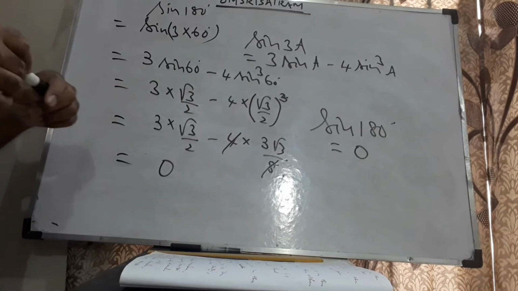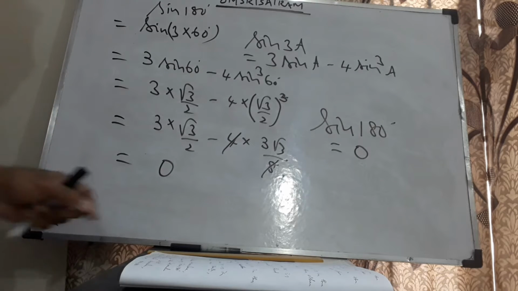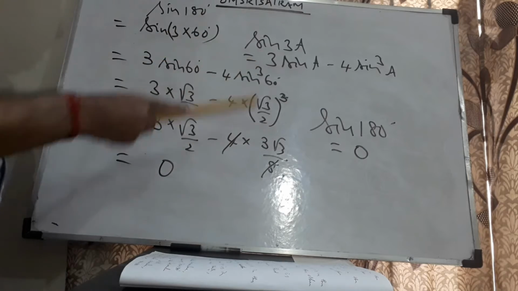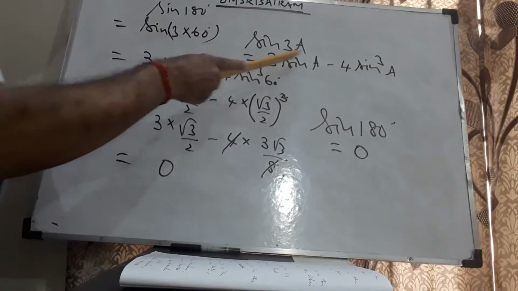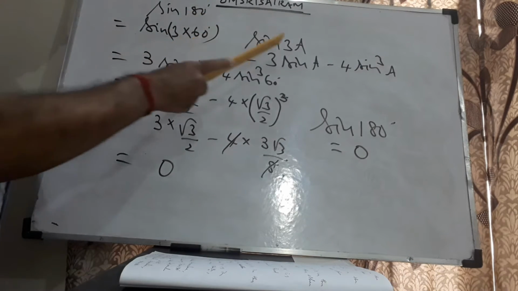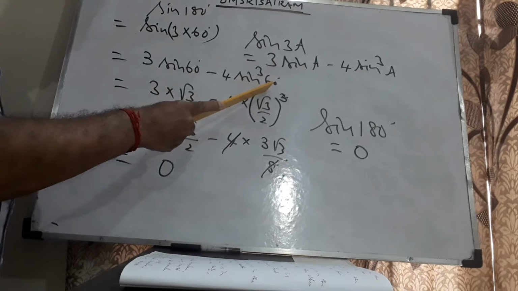The value is 0. I repeat, you know the trigonometric values of 0 degrees, 30 degrees, 60 degrees, 45 degrees, 90 degrees without even looking into the logarithmic tables. You need not look into any table, you know them by heart. Now sine 180 degrees can be written as sine 3 into 60 degrees. Just recall the formula: sine 3a is 3 sine a minus 4 sine cube a. Instead of a, I have 60 degrees. Now using this formula, it gets reduced to 3 sine 60 degrees minus 4 sine cube 60 degrees.